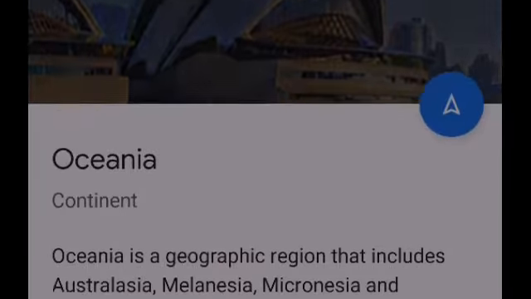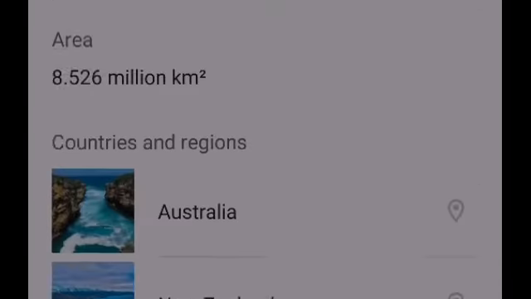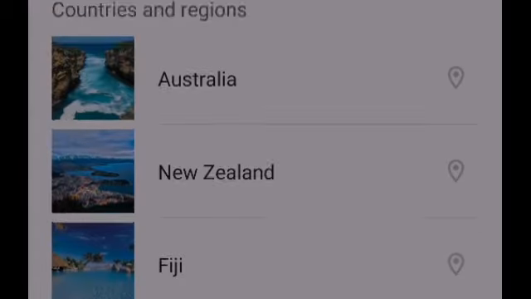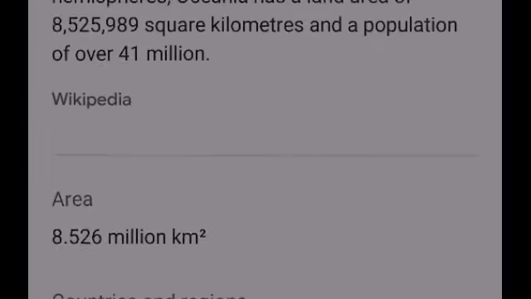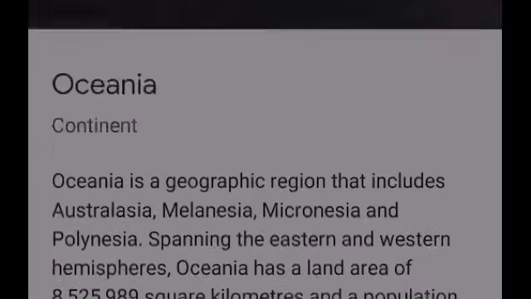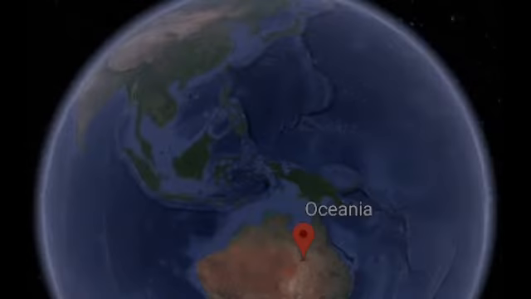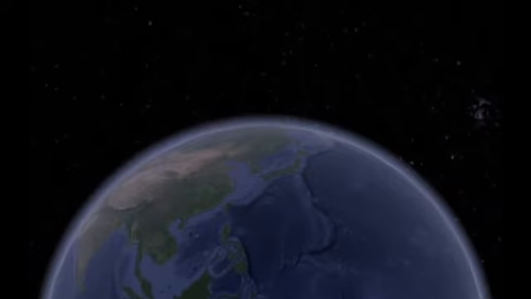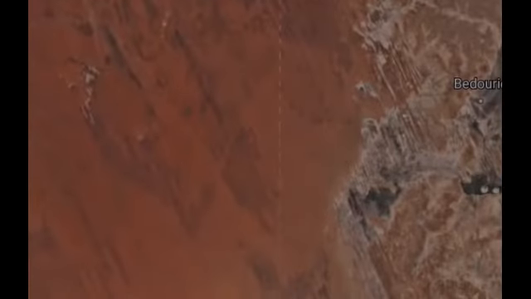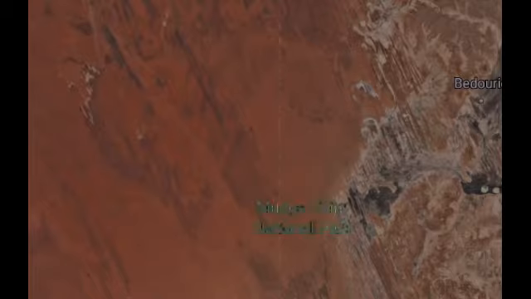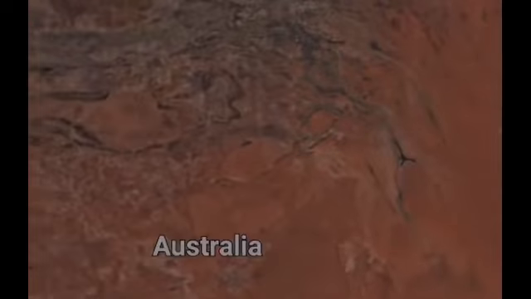Today we'll be exploring the continent of Oceania. Now, Oceania is the continent down under. It has Australia, New Zealand, and Fiji, and there are surrounding islands that make up the Oceania continent. We will be exploring Australia and New Zealand, and we will be looking at other islands that surround these two